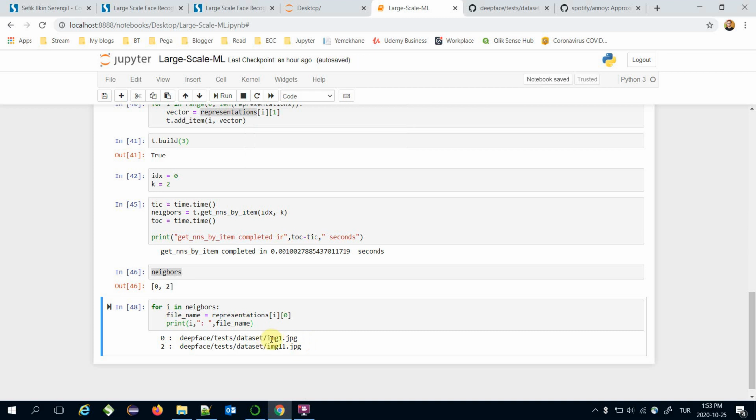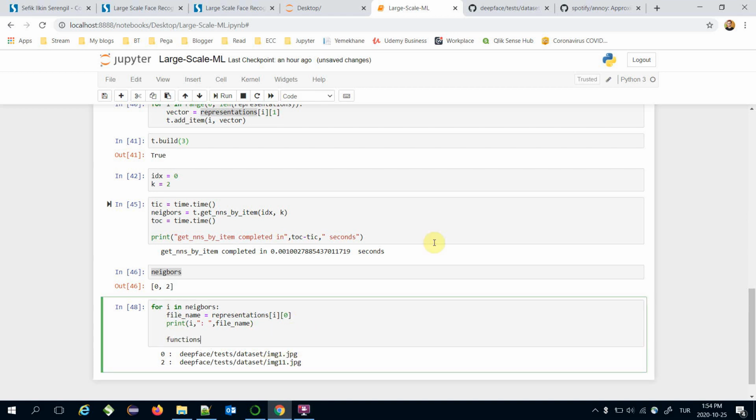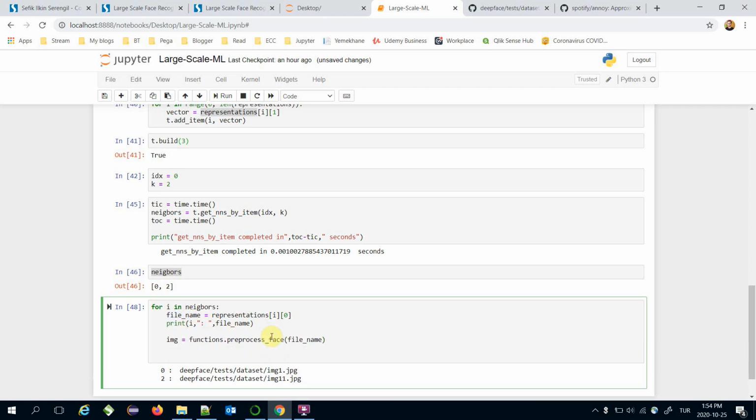It says that we looked for the nearest item of image1.jpg, and it's image11.jpg. Let's show those items. Remember the functions module of DeepFace has a preprocess phase, and it expects the file name as input. It's going to be the image, and